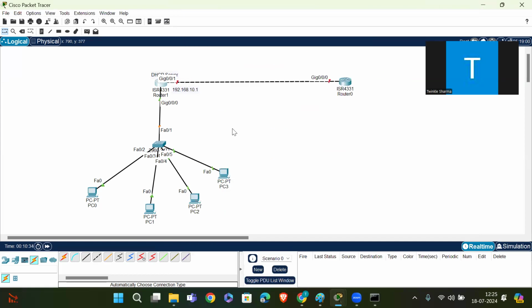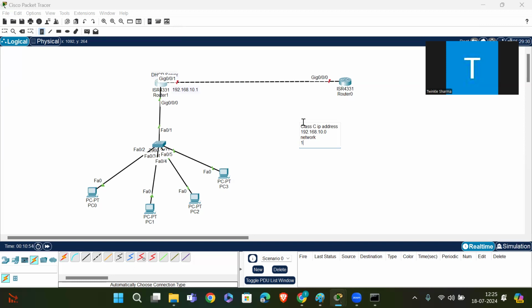So in class C, we have 192 class C IP addresses. 192.168.10.0, which is our network IP.